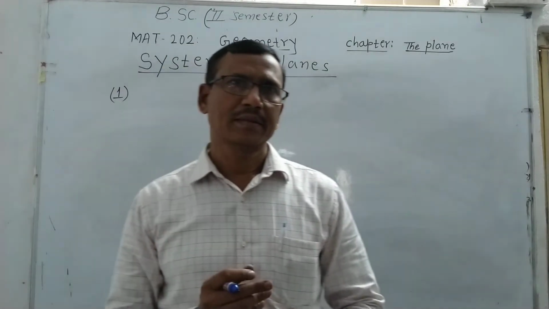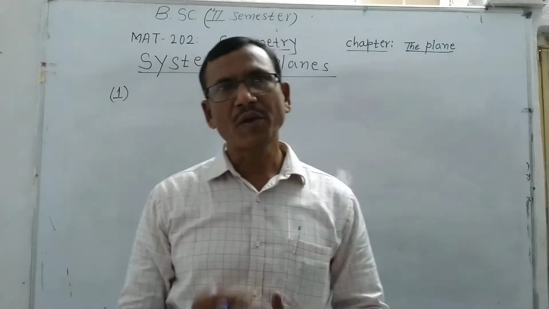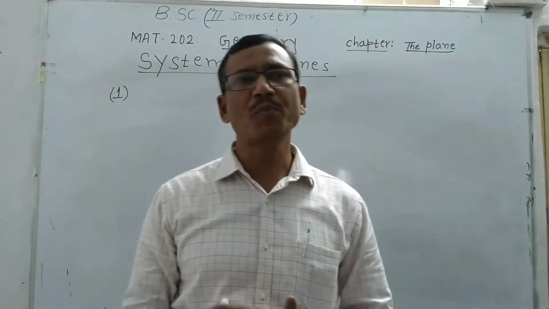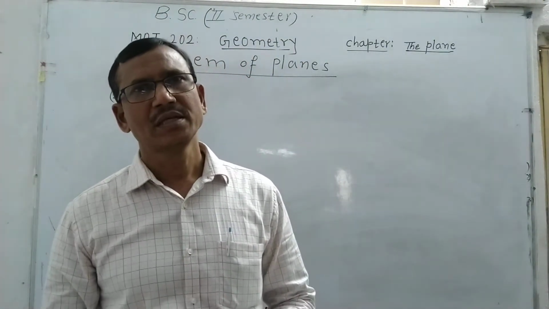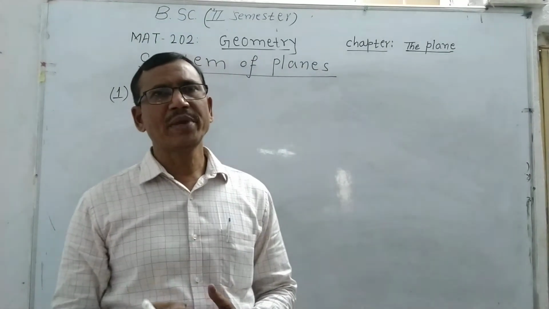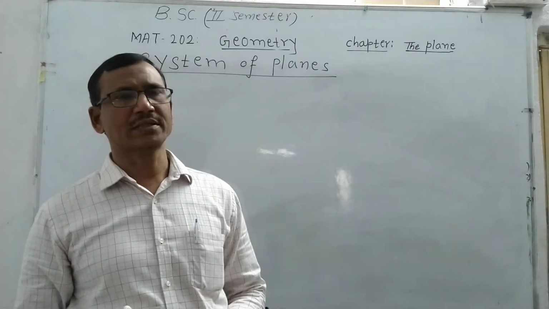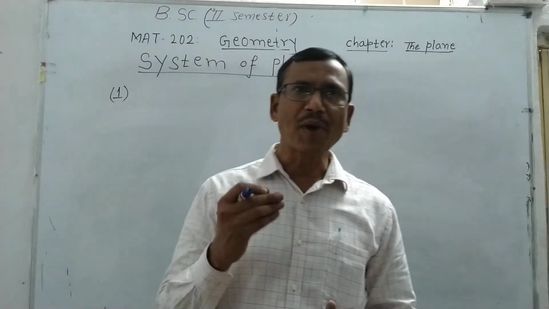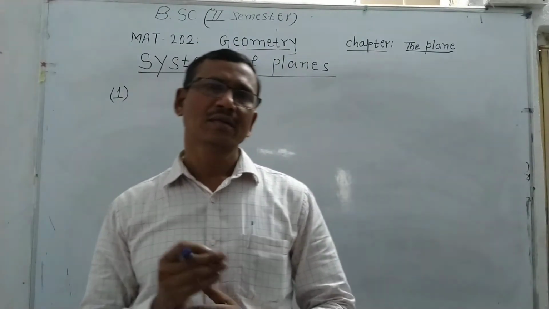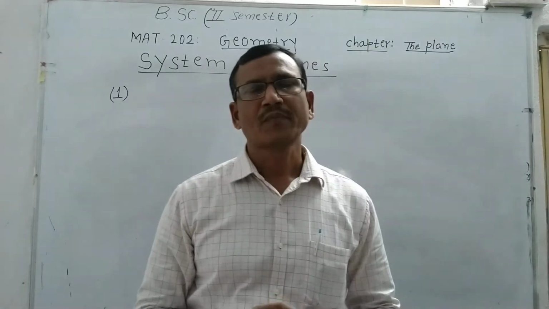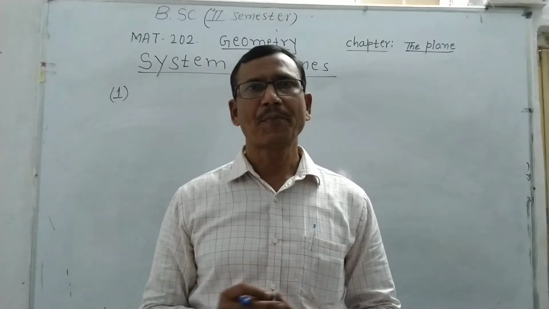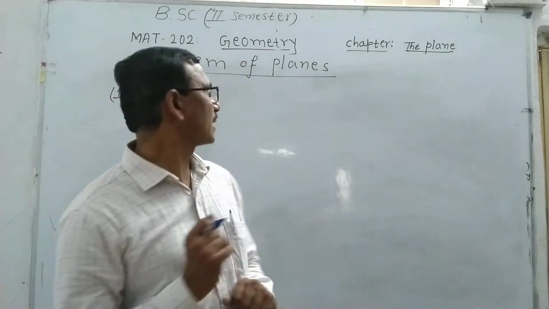Now we shall see what is a system of planes. The equation of a plane involving some arbitrary constant, or the equation of a plane satisfying two conditions, involves an arbitrary constant which can be chosen in an infinite number of ways, and which gives rise to an infinite number of planes. This infinite number of planes is called a system of planes, and the arbitrary constant is called a parameter. Okay, for example,